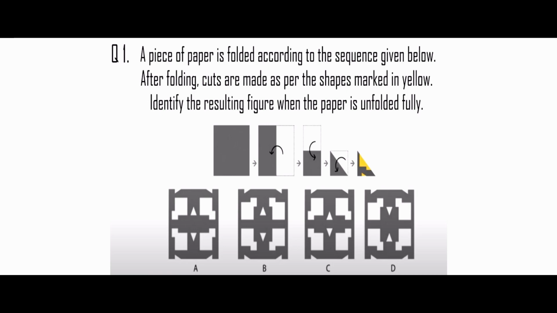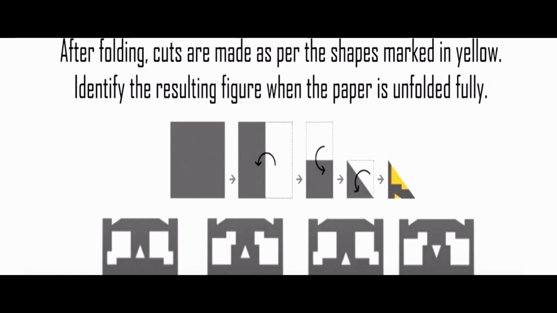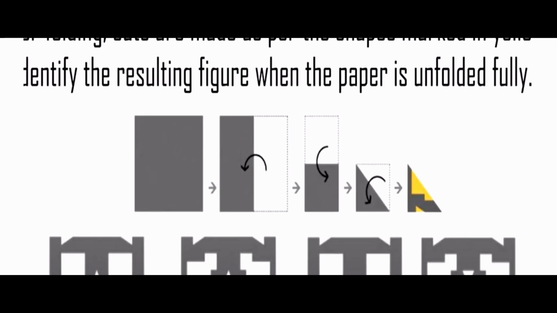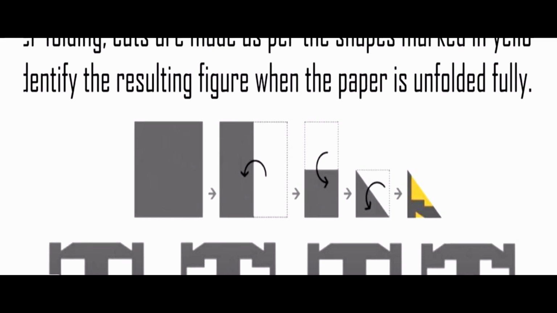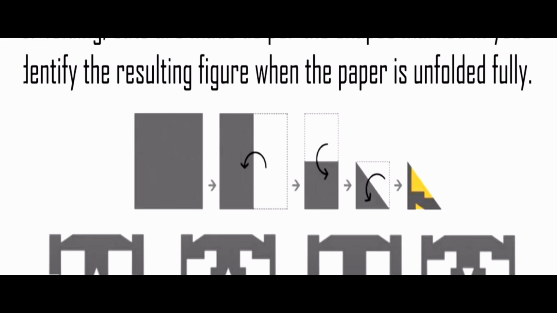Let's solve this question. The yellow portion in this figure shows the cut out part of the paper after the full folding. So I'm trying to make that particular shape and trying to place that particular shape into the paper before the last fold. I am using violet color to mention the cutout portion from the paper.